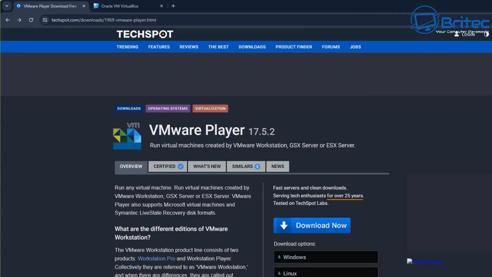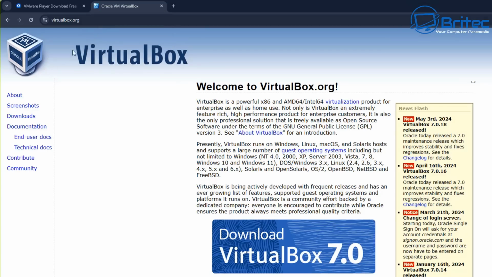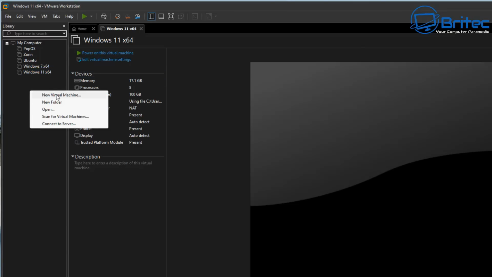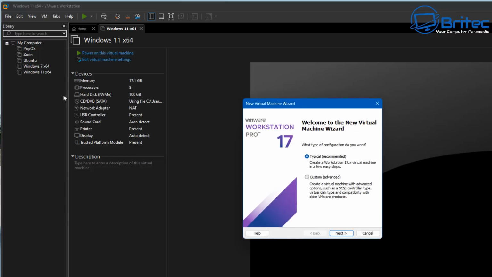You can either use VMware Player or you can use something like VirtualBox if you want. I've got VMware Workstation and I'll be using that, but it's a paid bit of software. But VMware Player is free and so is VirtualBox. So I've got this open and what we're going to do now is create a new virtual machine here